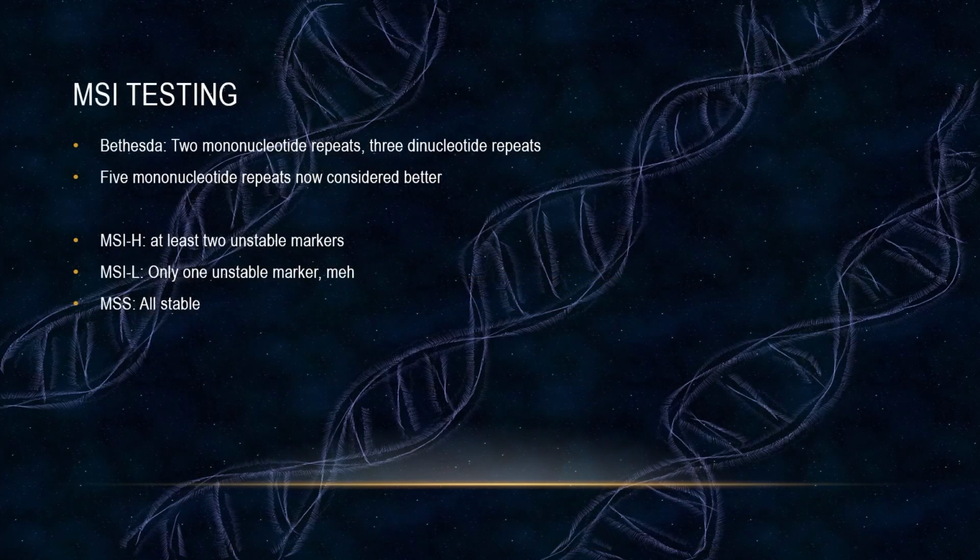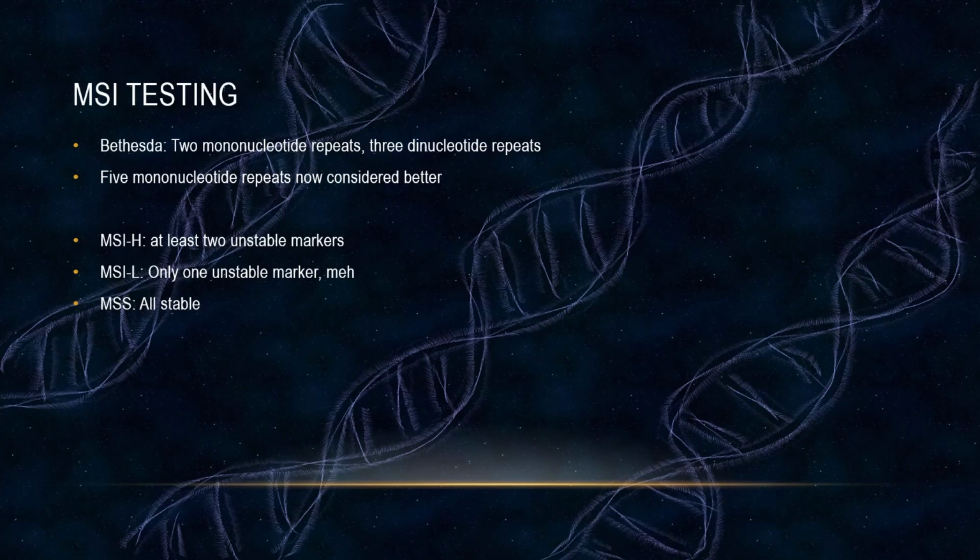So there's an old system, Bethesda, where there were 2 mononucleotide repeats, 3 dinucleotide repeats. Now, I think 5 mononucleotide repeats is considered better. And the rules are, it's MSI high if you have at least 2 unstable markers, MSI low if you have only 1 unstable. And that's kind of basically considered a negative result, or equivalent to stable,